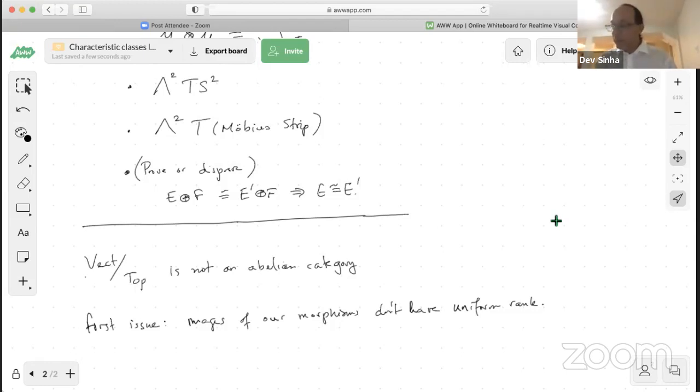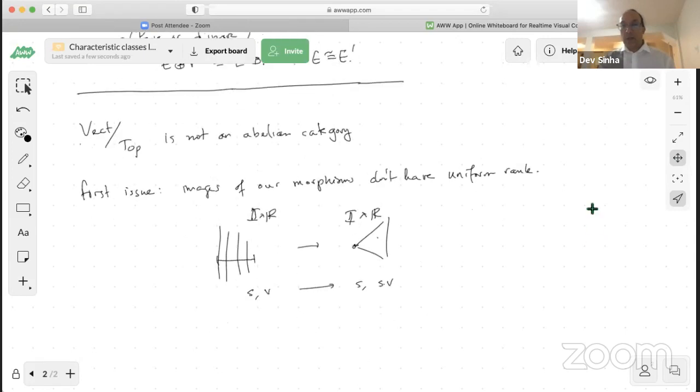The standard example is a vector bundle just over (0, 1) cross R, the trivial bundle, which sends (s, v) to (s, sv). So it's got rank, you know, schematically, I think of it like this. It's multiplication by some small number. Of course, the image would be the whole fiber, and that's the issue. The image for any s bigger than 0 would be the whole fiber,